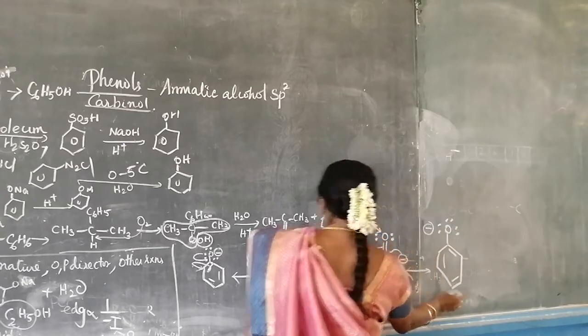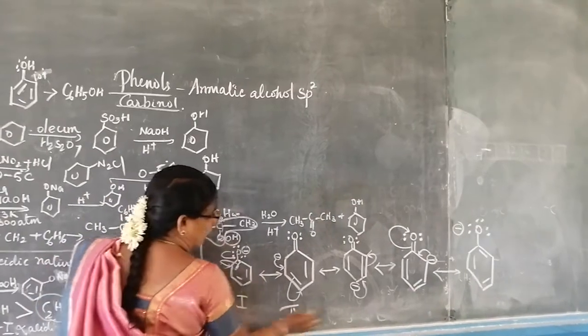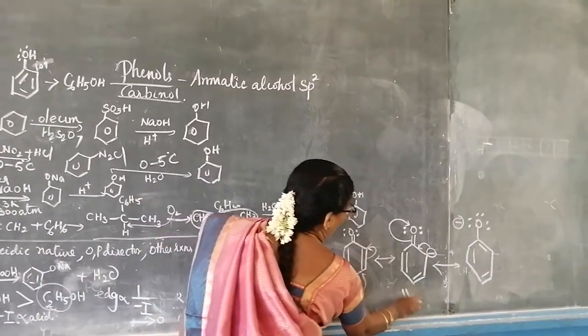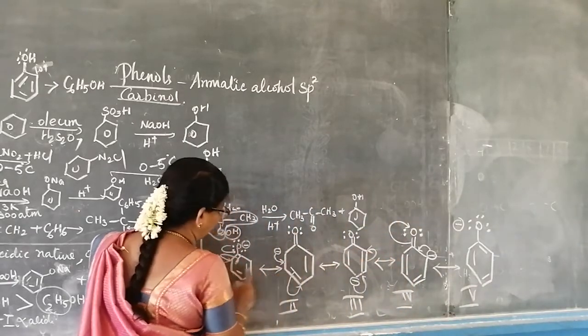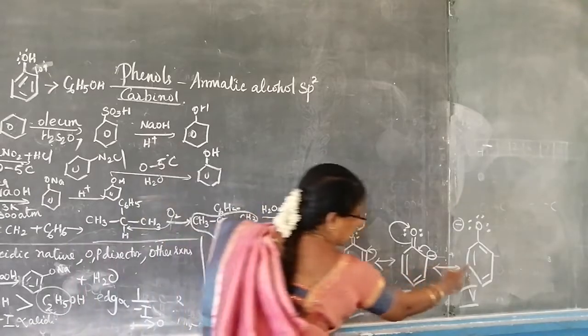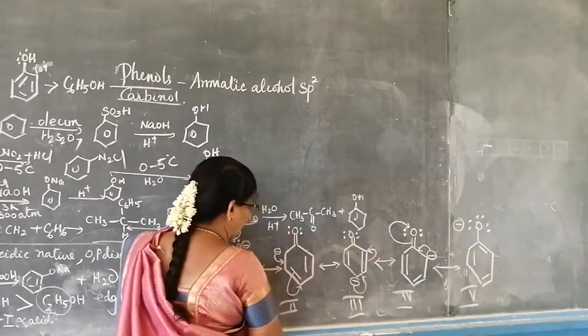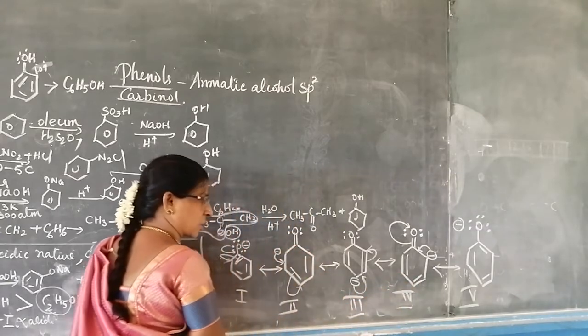But what is the difference between the first structure and the fifth structure? It is first, second, third, fourth, fifth structure. What is the difference? Here, whatever electron you are having, it is taking one rotation. Pi electron is taking one rotation, but they are similar. But come to the second, third and fourth structure, resonance structure.